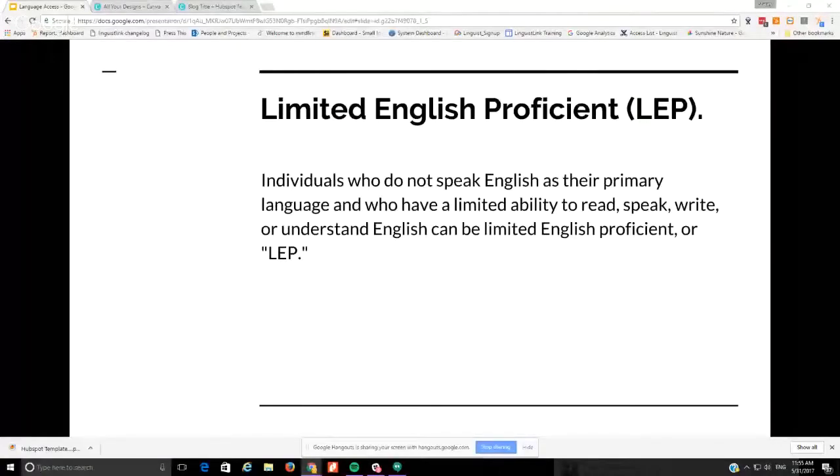Yeah. So language access is something anyone who provides a service, either through a nonprofit, government agency, small business, anything like that, needs to think about if they're trying to engage with clients that don't speak English, right? And there's actually a term for people that don't speak English well. Here, I'll show you. They're limited English proficient, LEP. And if you work in healthcare, you'll come across this term a lot.